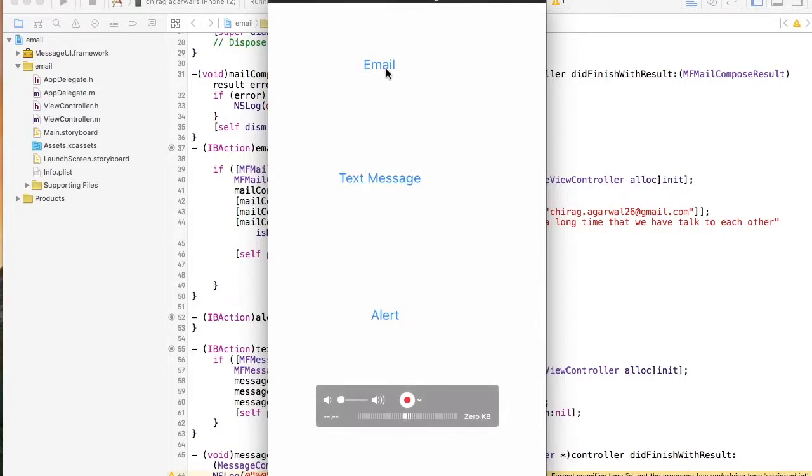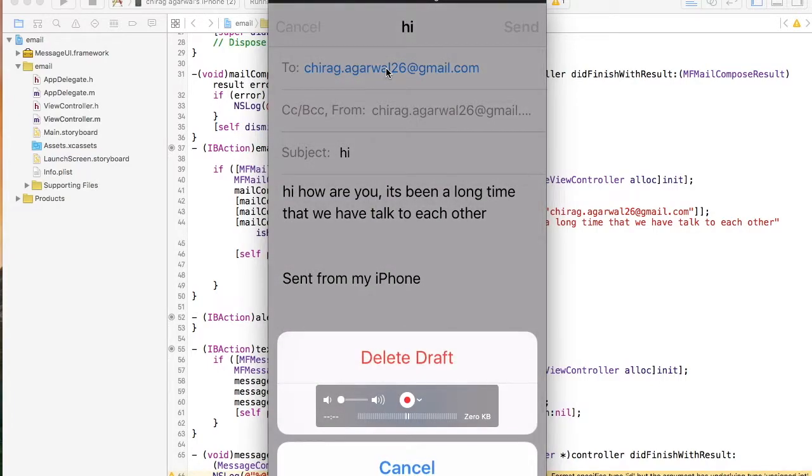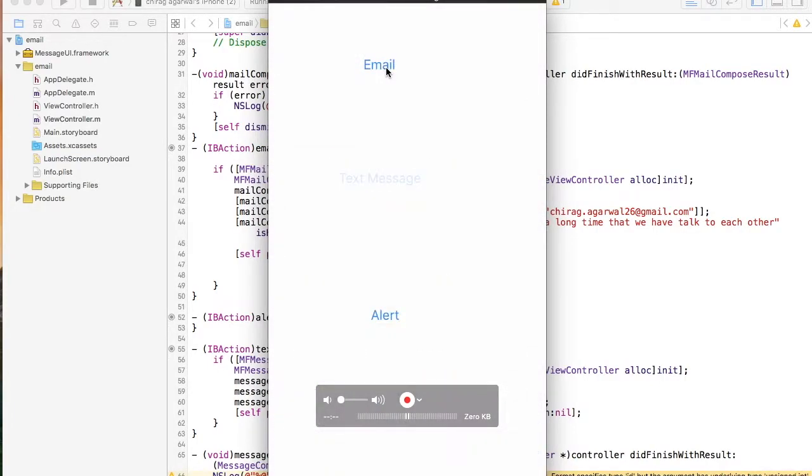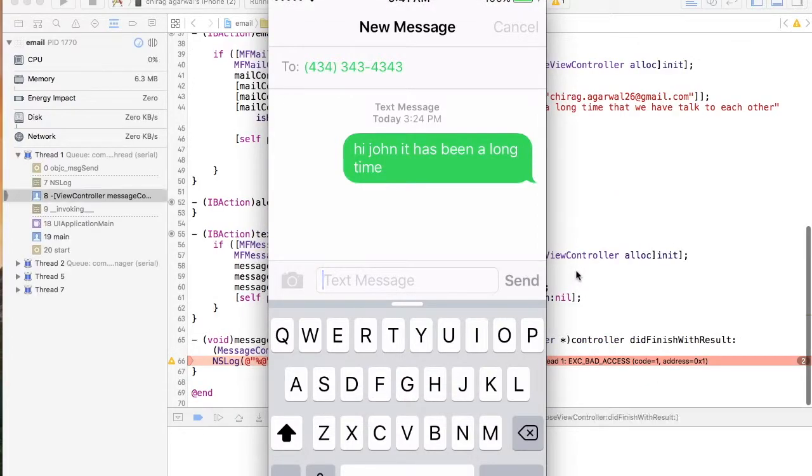So the email will open the email. I hit cancel, delete draft. Message should open the message box, and then you can just hit cancel, or you can just say send. If I hit send,